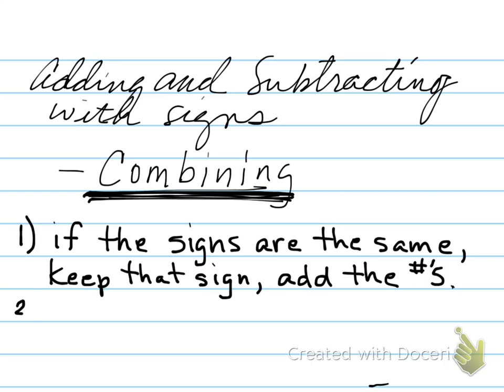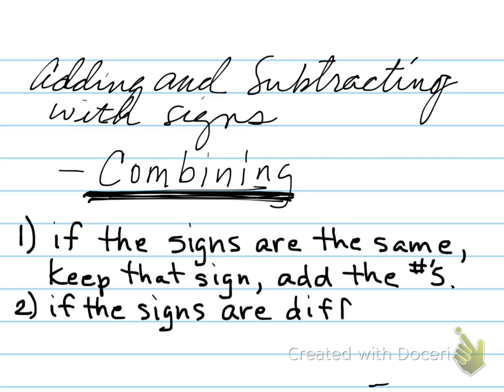Okay. Let's get the other rule up, and then we're going to look at some examples of how to use them. Easy to learn, but you got to remember when to use them. That's the hard part. Okay. Second rule says that if the signs are different. Now, what does it mean when I say the signs are different? You've got a positive and a negative, or a negative and a positive. Does the order of them make any difference? No. It's just the combination of them that makes a difference. Good. Then what you'll do is